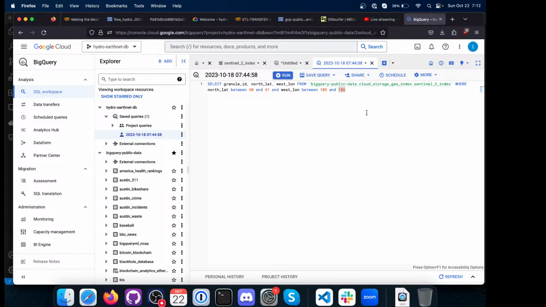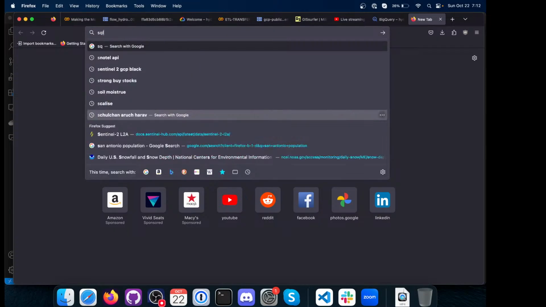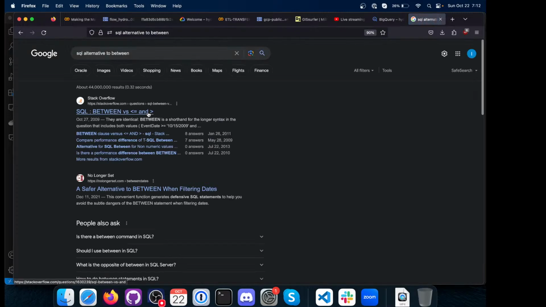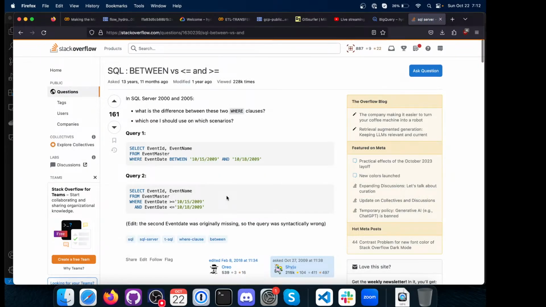Oh yeah, so this was one I did. Actually, this turned out to be a bad idea, because between didn't work with the negative numbers. So that turned out to be a poor query because it didn't return what I wanted it to. Actually, I'm not that great with SQL. I mean, I use it a bit, but